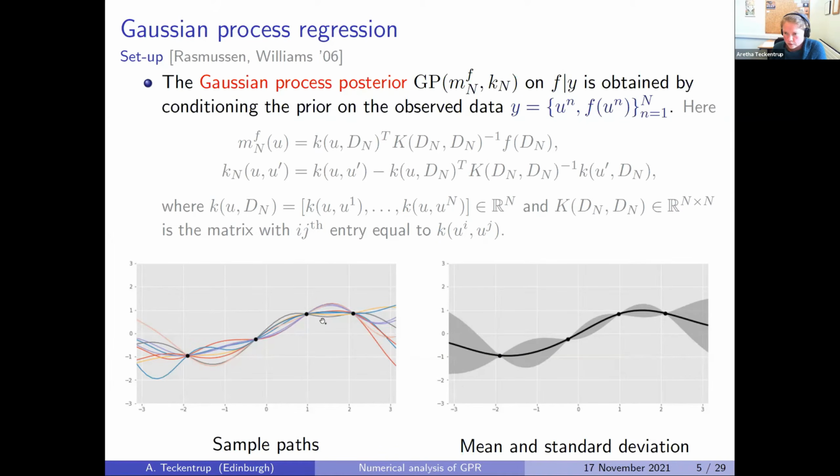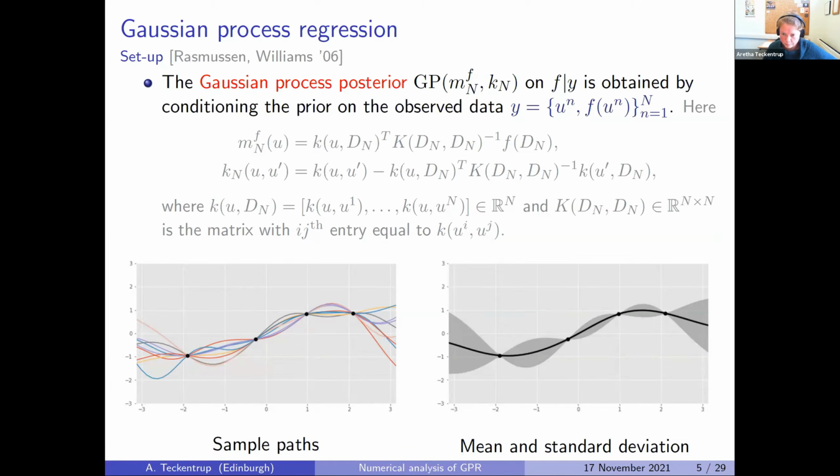Similarly, you then get updated sample paths. Because you're conditioning on going through the observed points, all of the sample paths will go through those observed points. And then in between, they follow this Gaussian process that we have here. So that is all that Gaussian process regression is. You just put a prior distribution on your unknown function, and then you condition it on observed data to